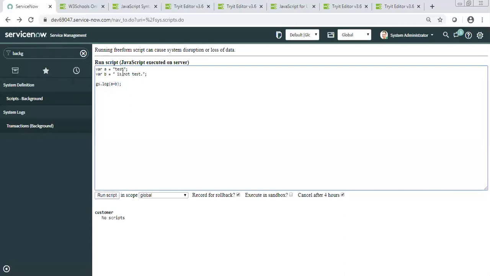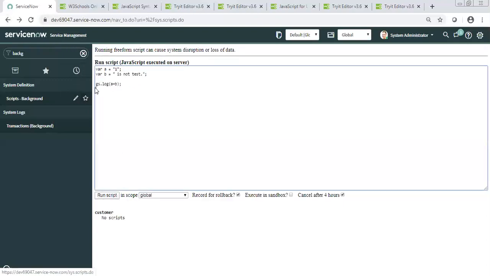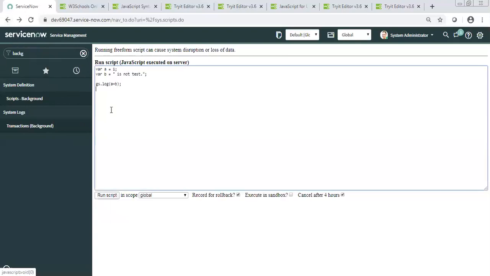Now, if I say one, again I defined it inside quotes, so it will also work, right? "One is not test." But what I will do, I will remove the quotes so it is an integer. Oh, it's still there. So it's treating this one also as a string. If I need to do the addition, basically, addition can be done with numbers. Now, if I put two numbers, then it will.